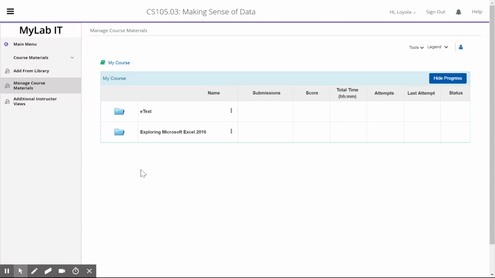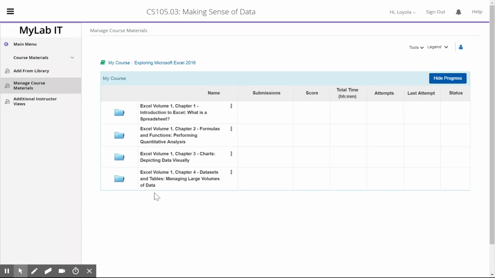This happens to be the introductory screen. You should see these two folders. I'm going to go ahead and click on the Exploring Excel 2016. So when you click on that folder and open it up, you'll notice four folders. And the material for Excel that we'll be covering in CS 105 is broken into four chapters. Okay, so this week, the first week into the Excel unit, we're going to be doing Chapter 1. Next week, we'll be moving into Chapter 2 and Chapter 3,